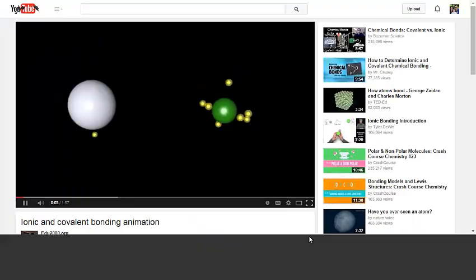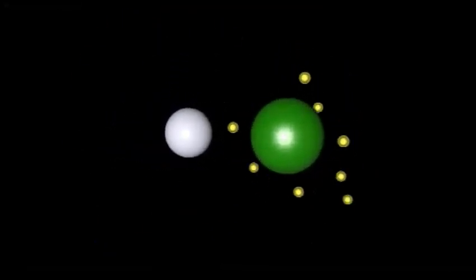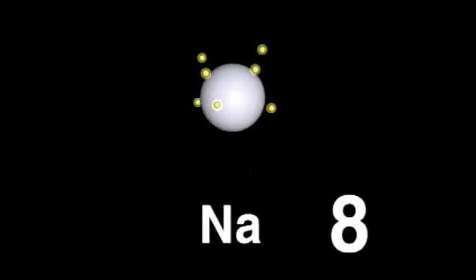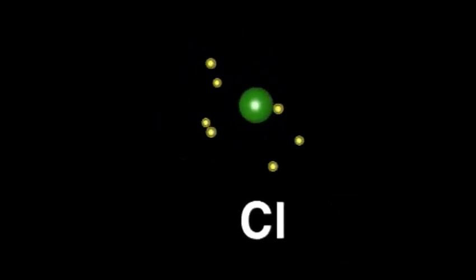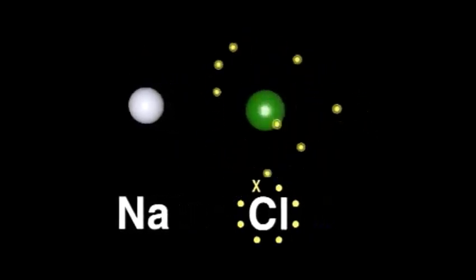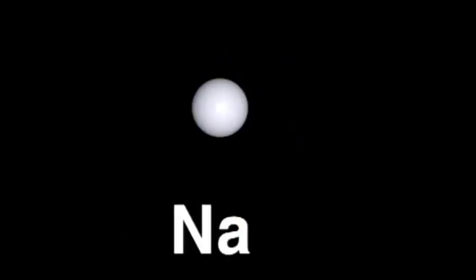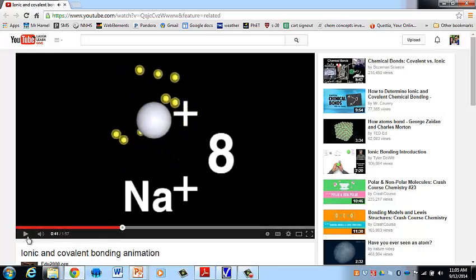Ionic bonding occurs between two atoms when one of the atoms has sufficient strength of attraction to remove an electron from the other atom. A sodium atom has 1 valence electron, with a stable energy level below containing 8 electrons. A chlorine atom has 7 valence electrons. If the atoms collide with sufficient energy, the chlorine atom will remove the electron from the sodium. The sodium atom loses its only valence electron and becomes a positively charged sodium ion. The energy level below now provides